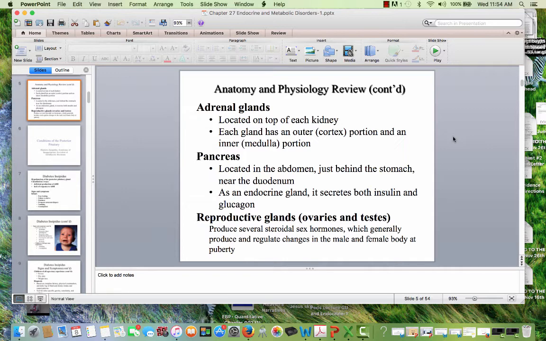And then we have the alpha cells, which work in the opposite manner as insulin. They break down the glycogen in the liver to increase blood sugar. And then we have our reproductive glands, our ovaries and our testes. And so with our testes, it produces the androgens, mainly the testosterone, and interstitial cells when stimulated by the FSH